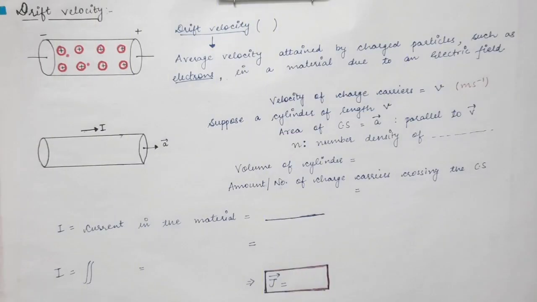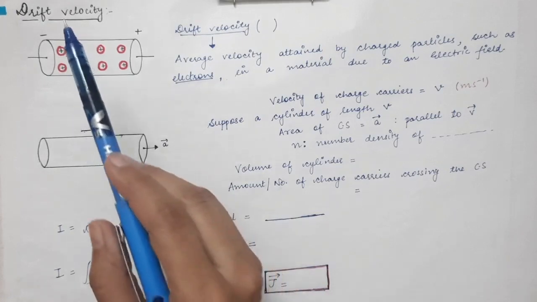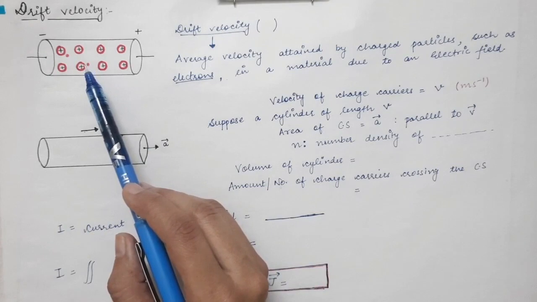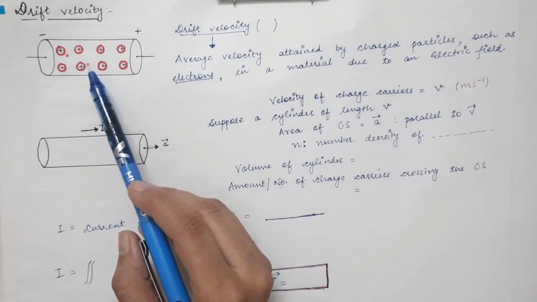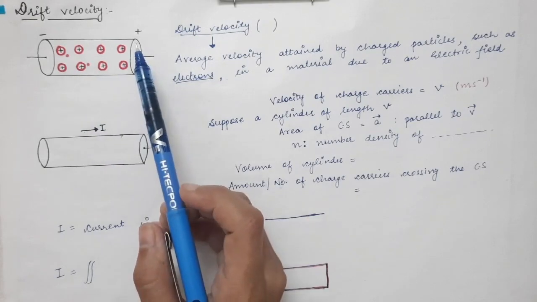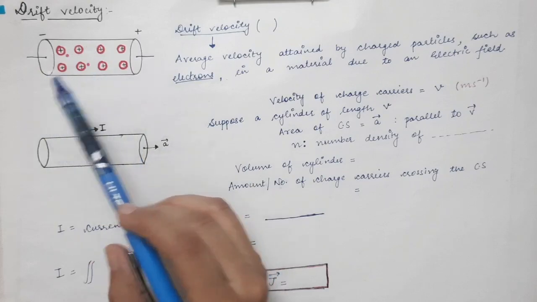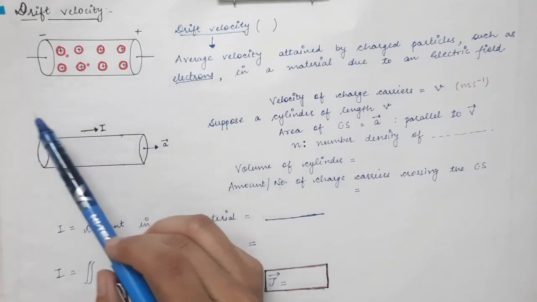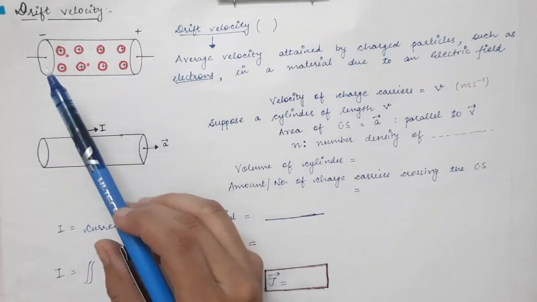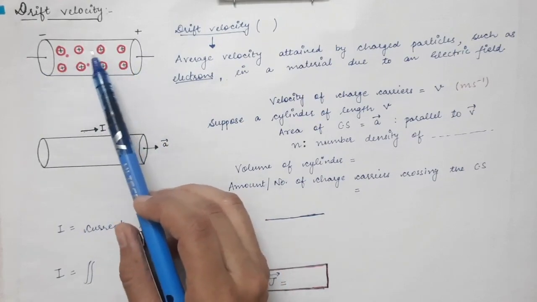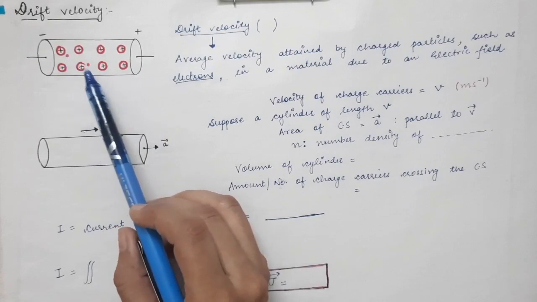Now we are going to start with the next topic of drift velocity. So drift velocity is the velocity of the charge carriers. As we have said, any conducting material, be it a semiconductor or a conductor, will have some charge carriers, and under the influence of an external electric field, meaning when you apply the battery to this conducting material, then the free charge carriers, these free electrons which I have shown over here,